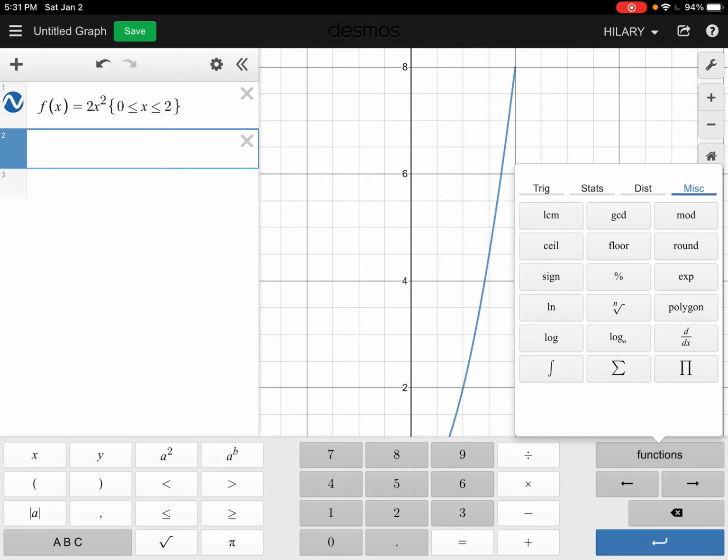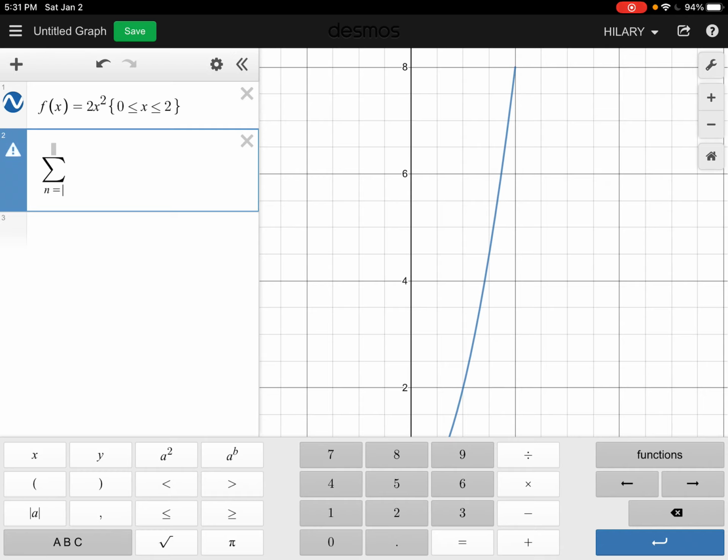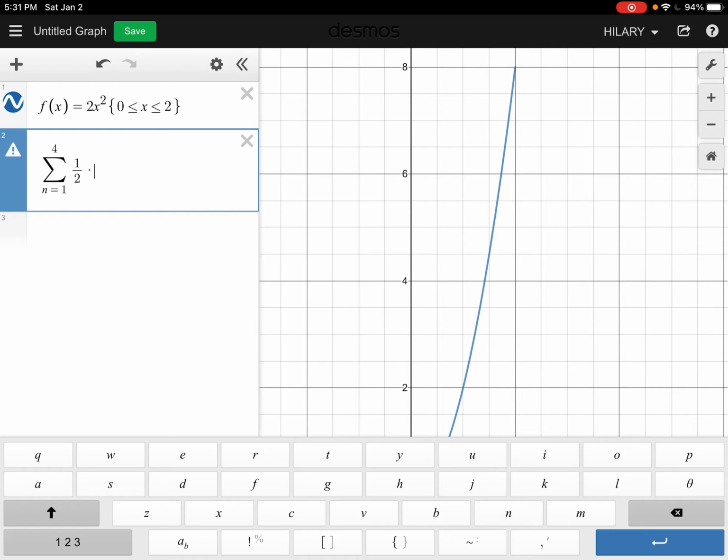Okay, so if you want to get your sigma notation, you're going to go into functions, and go over to miscellaneous, and then you're going to see that giant sigma down there at the bottom. You can use whatever letter you want. Like if I scroll over here, I could replace that with an i, but it gives me an n automatically, so I'm just going to start there. I'm going to start at 1, oops, not 11, 1. I'm going to count up to 4, and then I'm going to do my 1/2